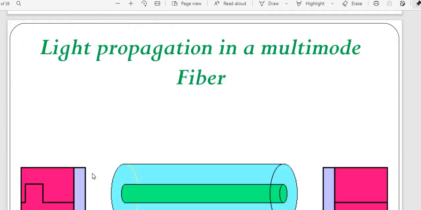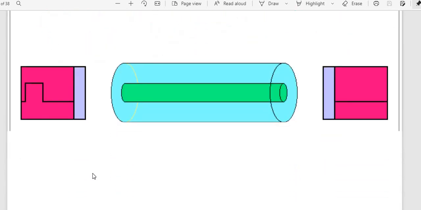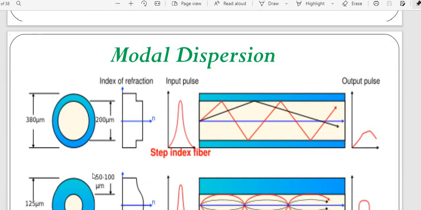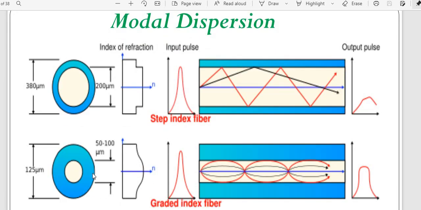propagation. Whereas in light propagation in multi-mode fiber, as you can see here, the core is becoming less, but the kind of propagation is more. More dispersion. How the more dispersion? Dispersion in the sense, students, is how the light is going to be moved from one end to the other end, how it is going to work, on what functionality your core and cladding is going to depend on that kind of phenomena. If you want to understand in a better way, we can understand by considering one example. So as you can see here students, what is this actually?